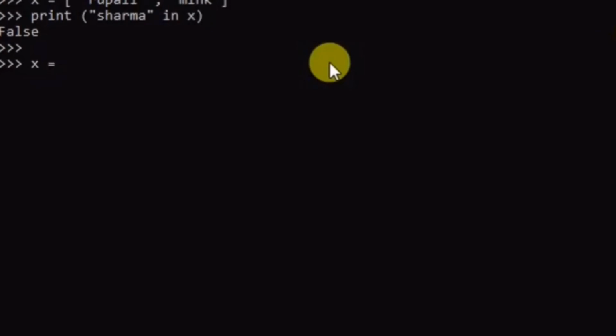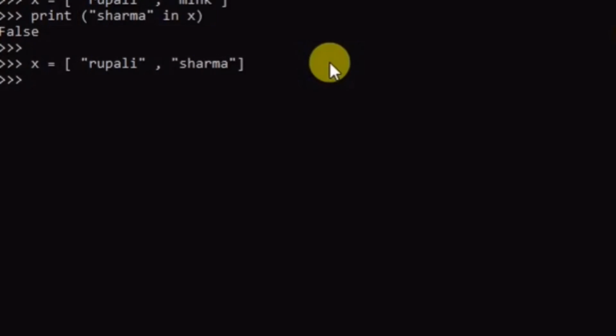The second one is the not in operator. The syntax is like this: X's values are Rupali and Sharma.